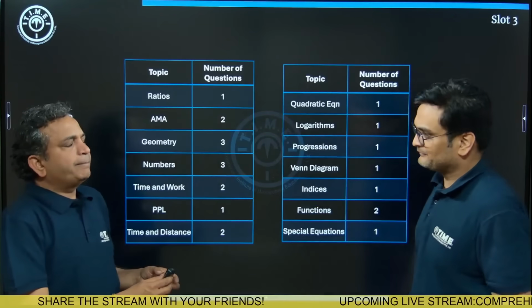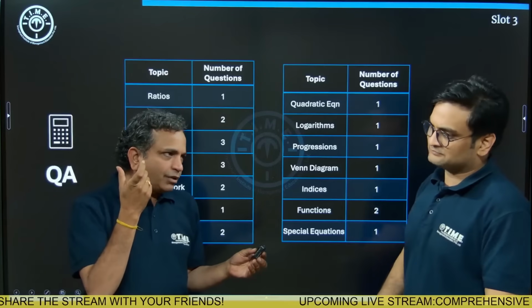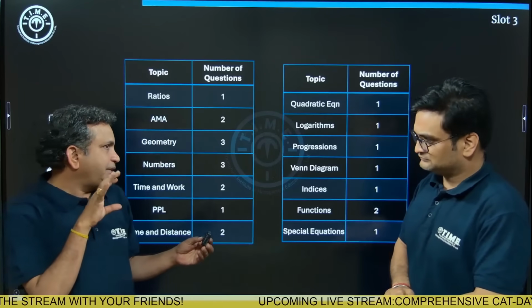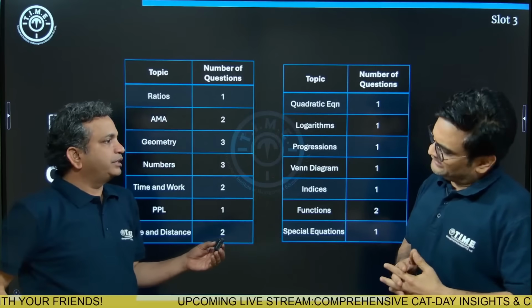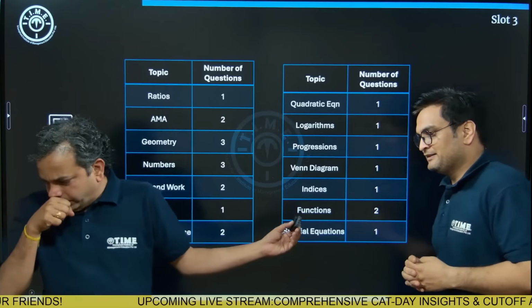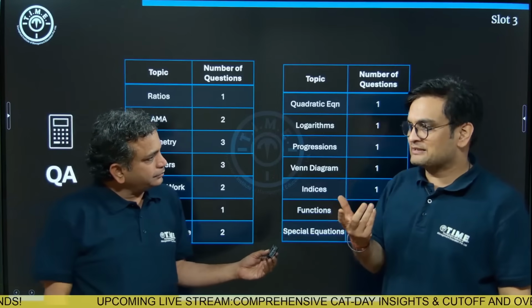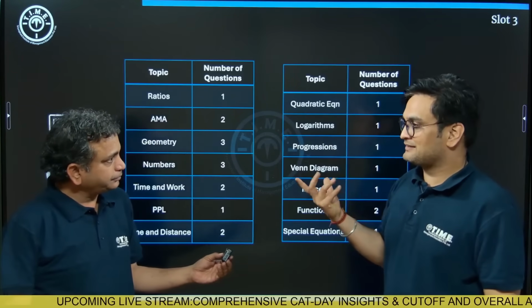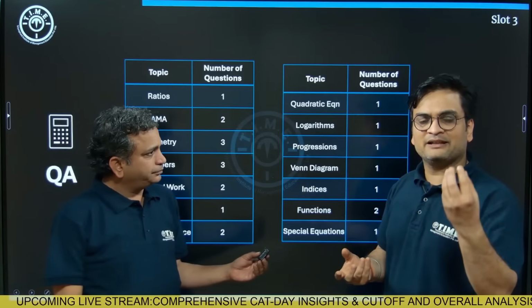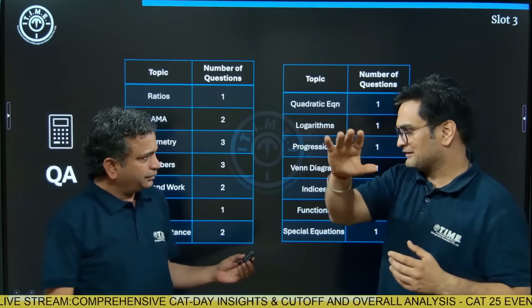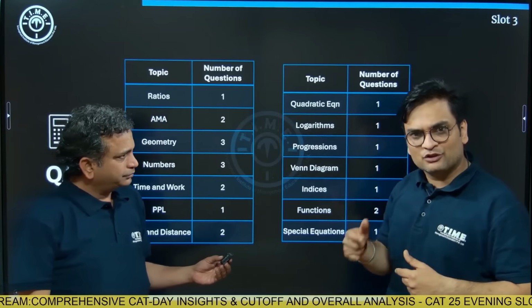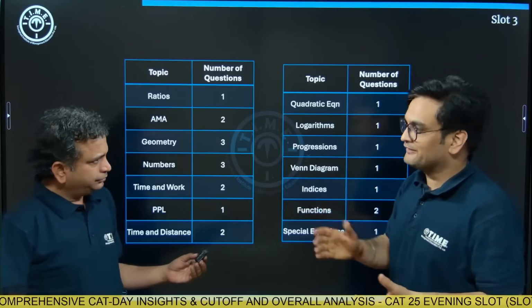So that reminds me, how were the kind of calculations required in this set? Were they heavy, meaning would those who practice speed maths have had an advantage in this? Definitely. Absolutely. For example, there were a few questions which required you to calculate square roots. For example, there was a question like x square plus 1 by x square is 25, I think. Then find the value of something. So that particular question, if you're good with your calculations, mental calculations will definitely help you.